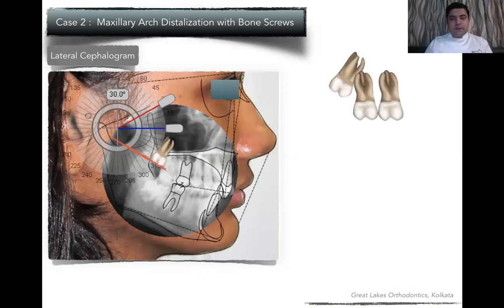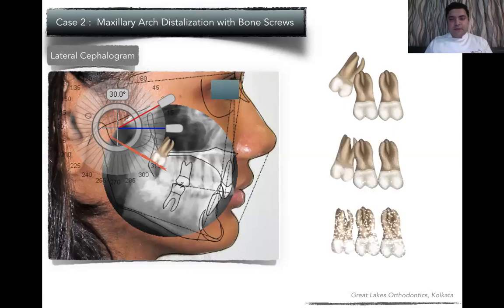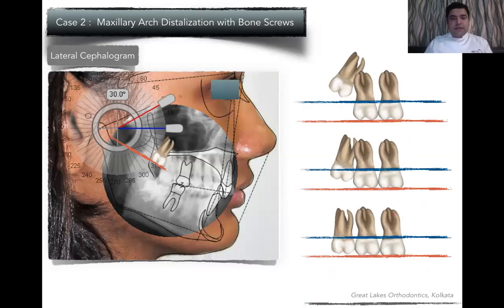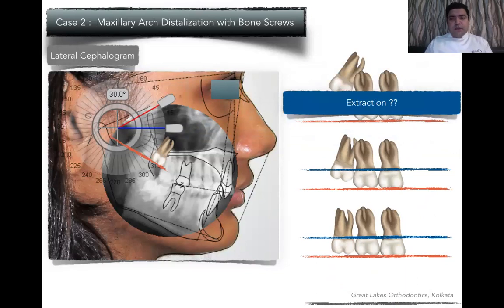The first one is when the third molar is positioned below the cemento-enamel junction of the second molar. The next one is when it's just at the level. And the third one is when it has crossed and come into occlusion. In the first case, we have to notice that lots of times when we want to distalize the upper arch, we want to extract the third molar. But in this case, the third molar is below the CEJ. So extraction is a bit of a question mark. However, prophylactic extraction is always good. But if patients don't want to go ahead with the surgical process, we can do away with it if we see that the distalization is progressing well.